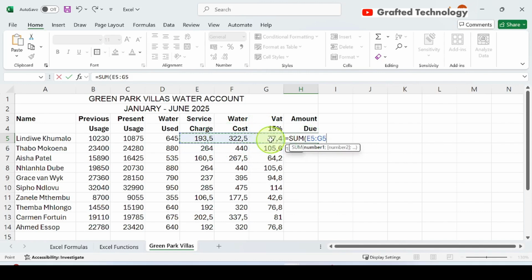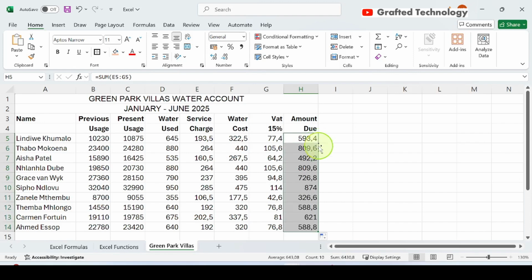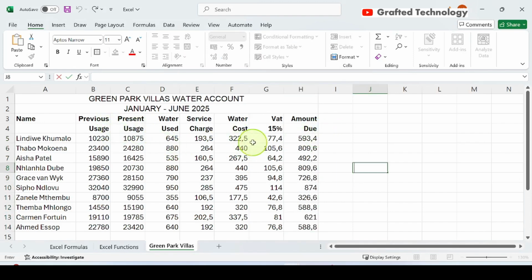That's where I would stop, and then close the bracket. Press the enter key on my keyboard. You can see I still have the same value. So you need to know formulas to use in Excel. Now that I have the value, I can double click here to copy the formula to the rest of the cells. All right. Now that we are done computing for this exercise, it's important to note here that Excel displays